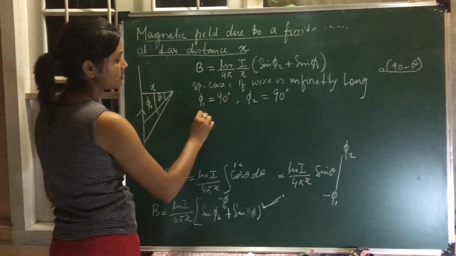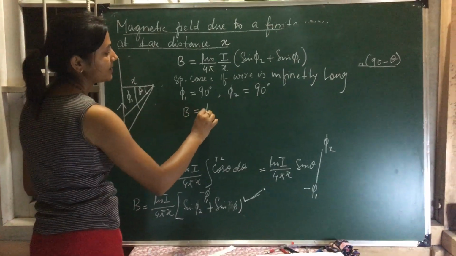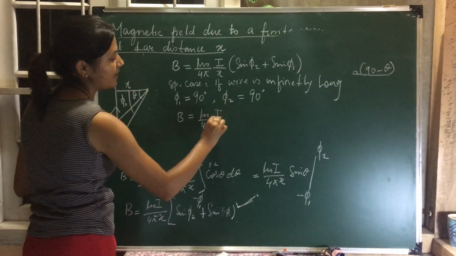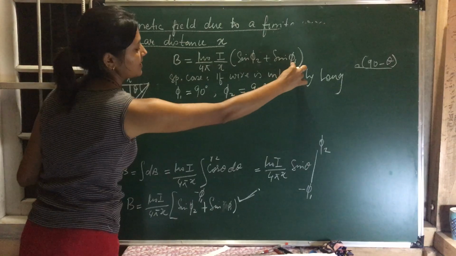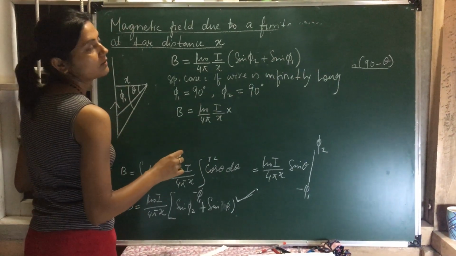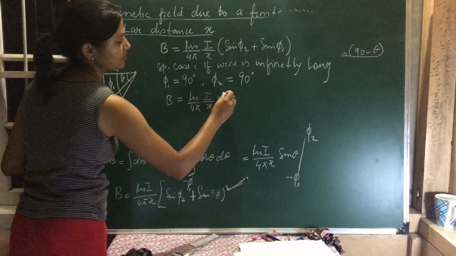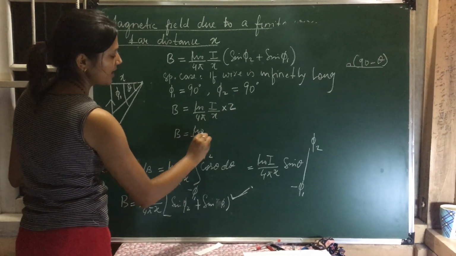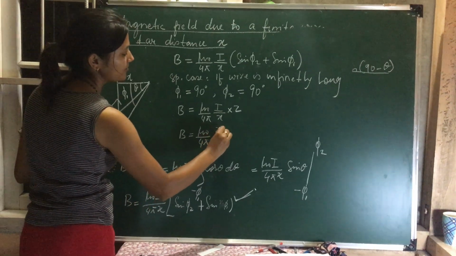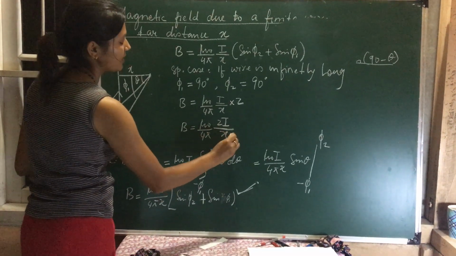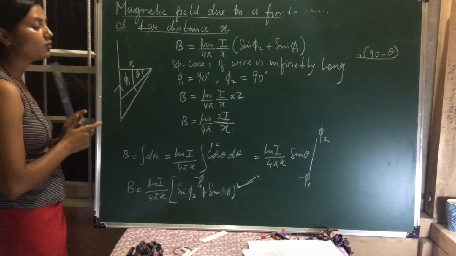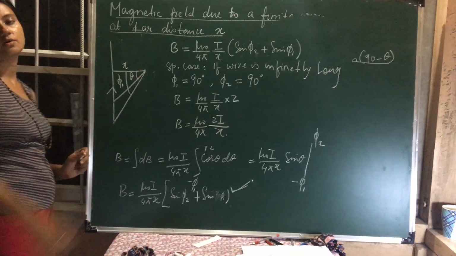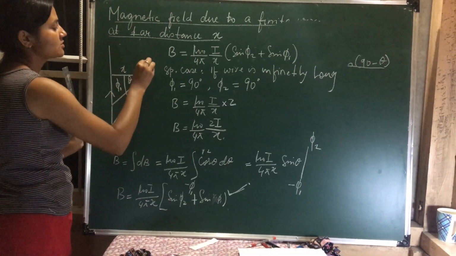So what is the magnetic field? Magnetic field is mu 0 by 4 pi, I by x, sine 90 plus sine 90. Sine 90 is 1, so 1 plus 1 is 2. So this is the magnetic field due to an extremely long wire at a perpendicular distance. And what is the direction of field? The direction of field is inward, right? So direction of field is